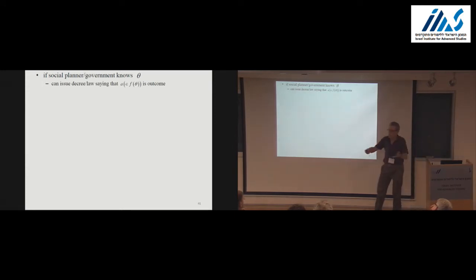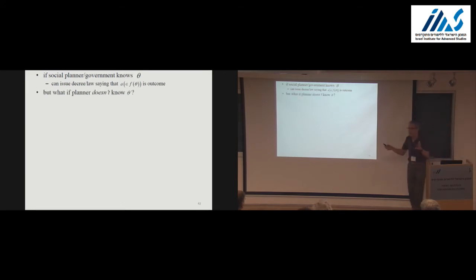If this is the government, we could just say, well, I know that theta is the state, so I'm going to impose an optimal outcome for that state by law or decree or whatever. But the thing that makes the subject interesting is that the planner or the government doesn't know theta. And so that means that we have to proceed indirectly